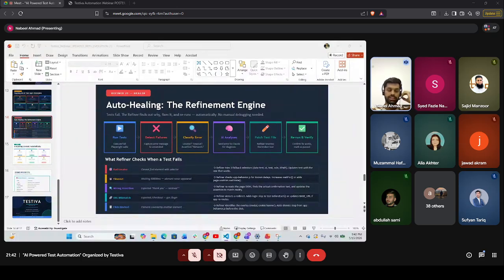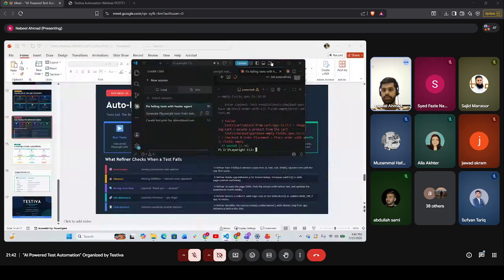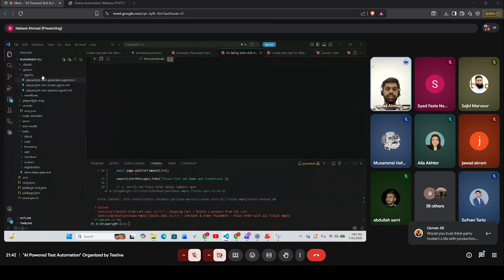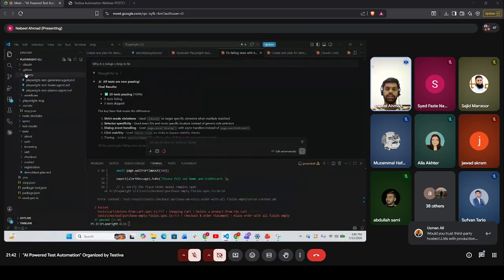Yes, it is very simple. If you are talking about the agents, like I have installed inside the GitHub, let me share my screen. If you're talking about these agents inside the GitHub folder, we have a simple command that we run in the terminal, and it automatically creates all three agents here: generator, planner, healer.